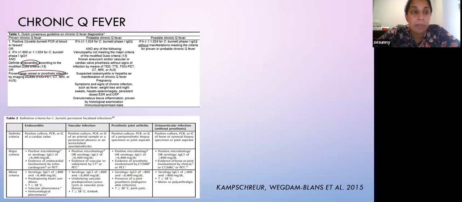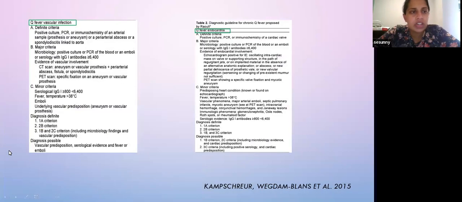So you need suggestive serology or confirmation of Coxiella with the right clinical presentation in terms of organ involvement. And that includes endocarditis, vascular infection, prosthetic joint infection, or osteoarticular infection without prosthesis. This is just to illustrate the various criteria that have been used to diagnose chronic Q fever vascular infection and